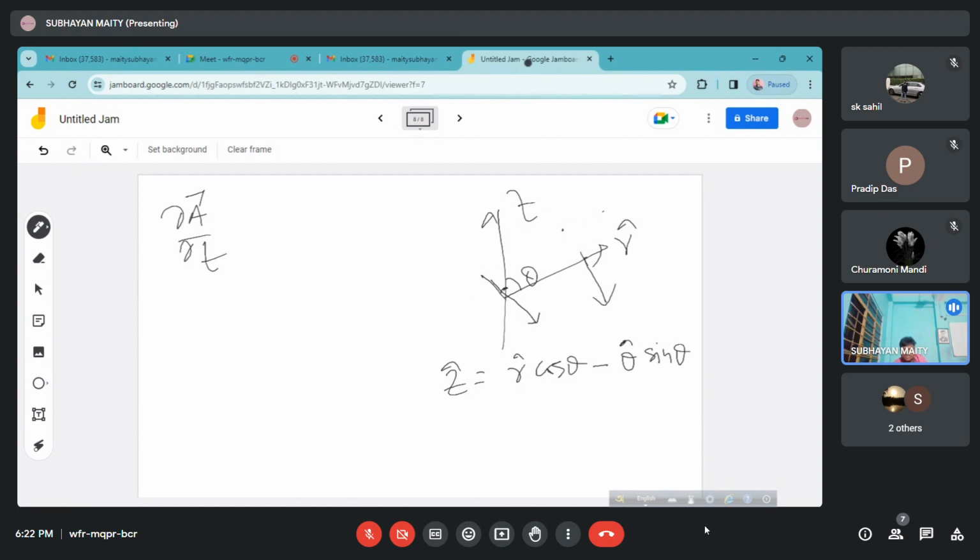So z cap is equal to r cap cos theta minus sin theta theta cap. So del a by del t, this direction is constant. So you can write this is cos theta r cap minus sin theta theta cap multiplied by